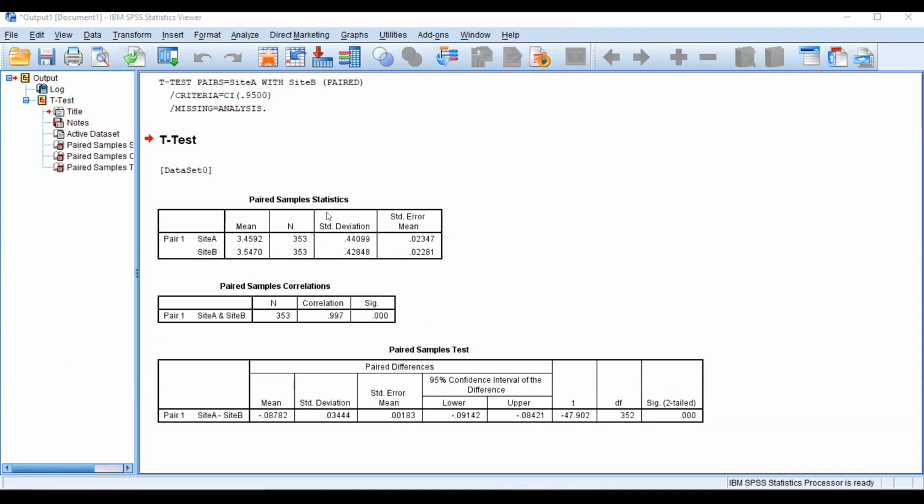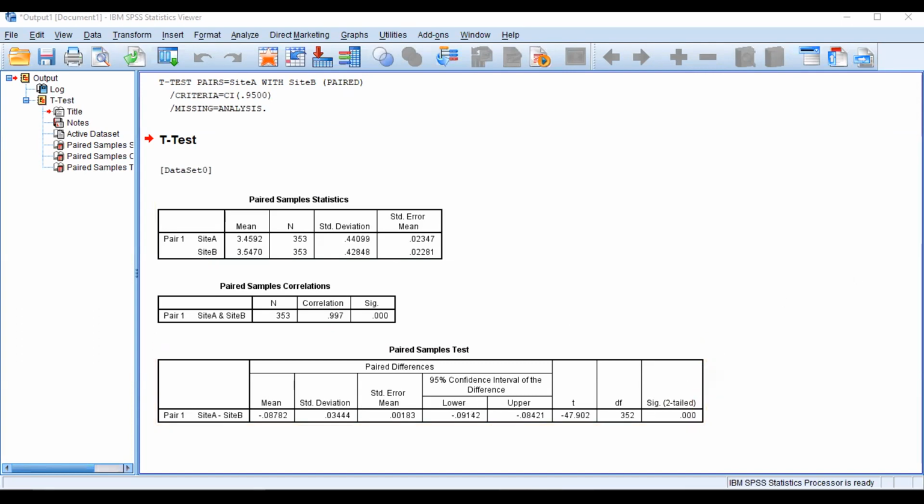And these three tables are depicting: the first one is depicting the descriptive statistics of the pair one and pair two, and in the second it is depicting the kind of their correlation level. It means their interrelationship. And in the third one, it is explaining the differences in mean value, whether they are having similar pricing strategy or not, whether we can accept or reject the null hypothesis. So on the basis of that, we can reject the null hypothesis.